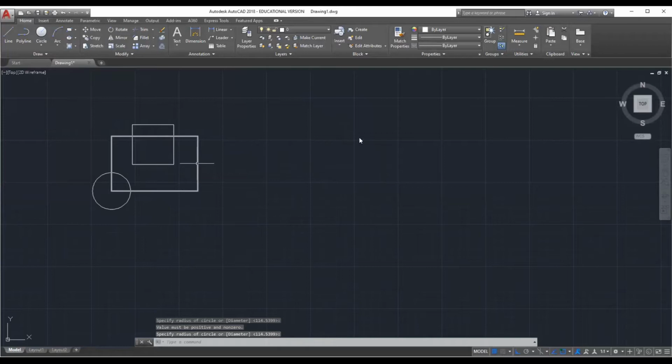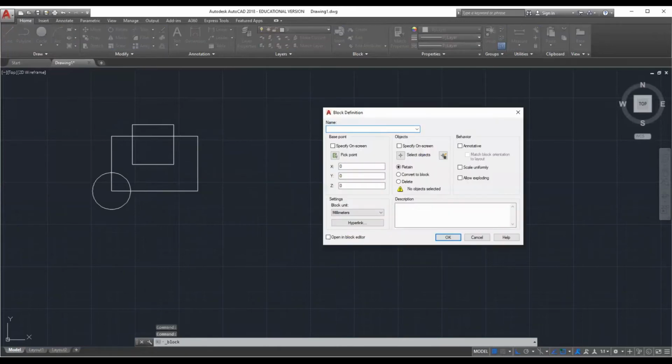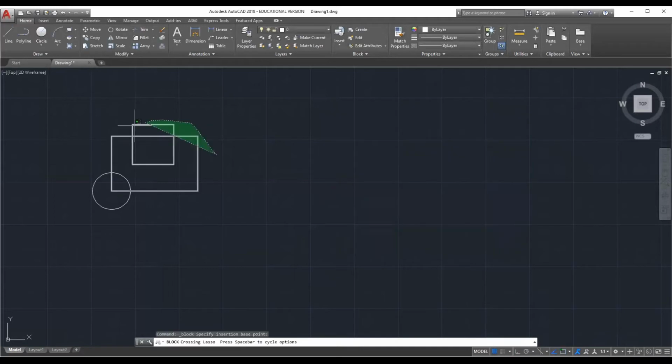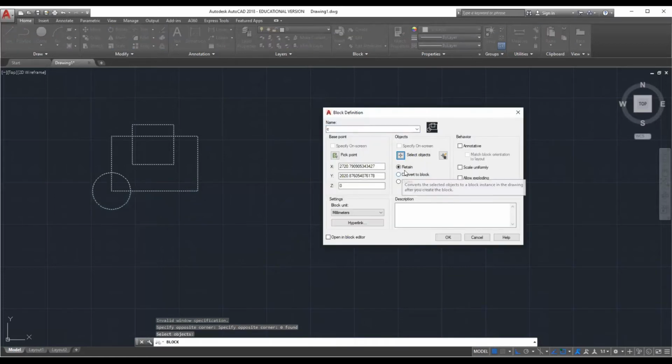Give the name of the block C. Pick a point somewhere else on the screen. Select objects, select these three objects. Enter. Retain is over. Convert to block is over. Now we'll check the delete radio button. Click on the delete radio button.